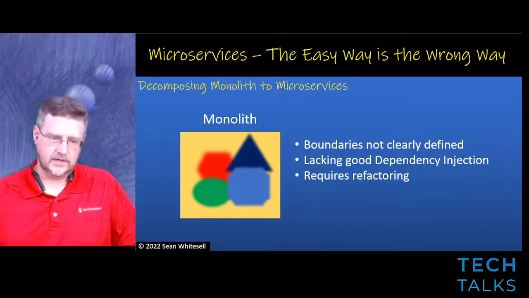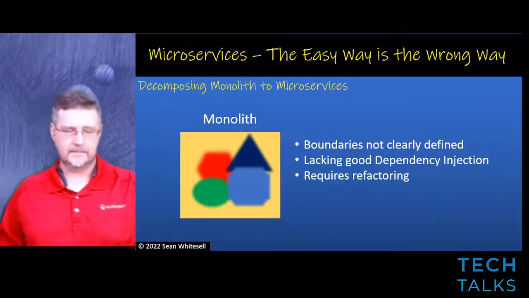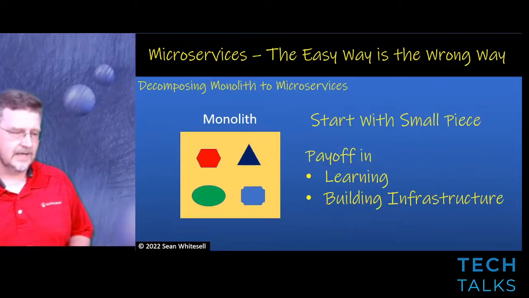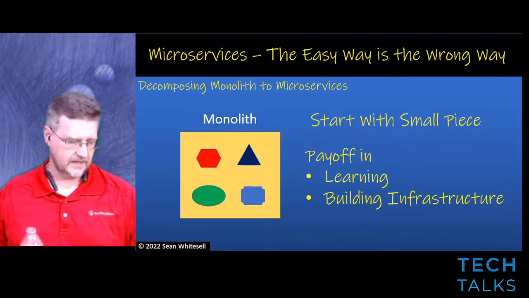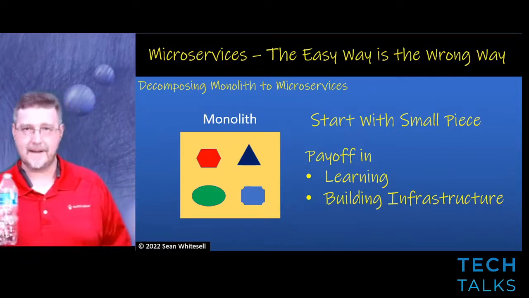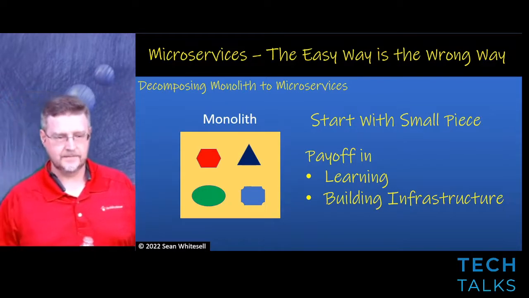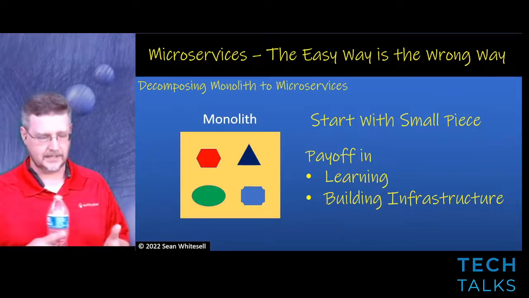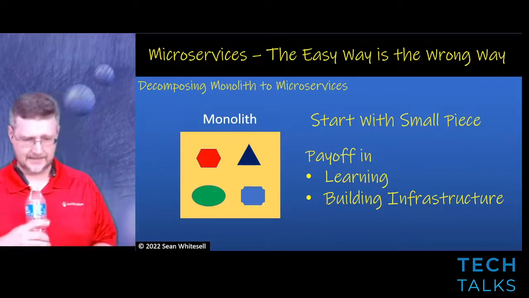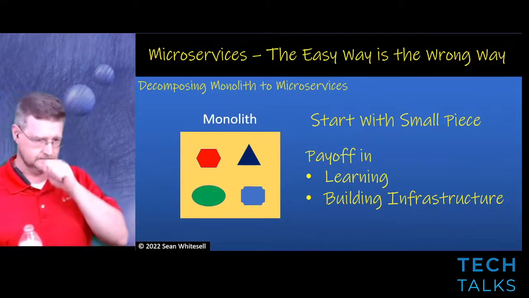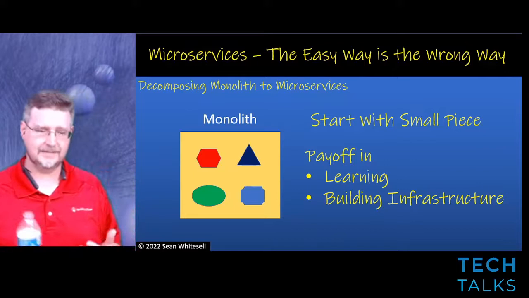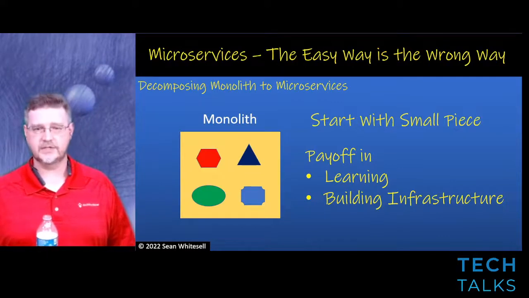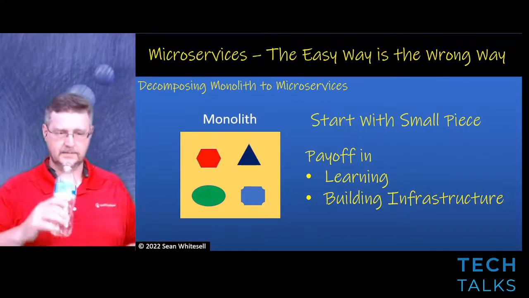So here's a suggestion on what you should do if you're going to start carving out code functionality from a monolith. Start small. And I say this because there's much involved in the setup of a microservice, regardless of the amount of code it has. You still need to spend time building that infrastructure, your code repository, your CI/CD pipeline. How are you going to test it? Do you have a team set up for this? So you still have so much to put in place before you can really get going on this. So start with a small piece of logic so you can work on building up these other pieces that go with it.